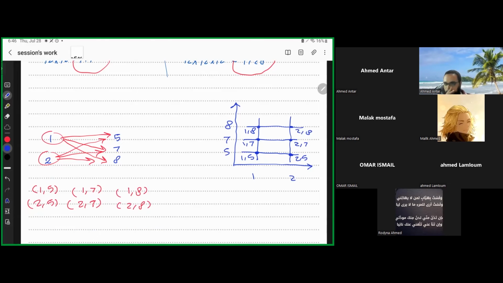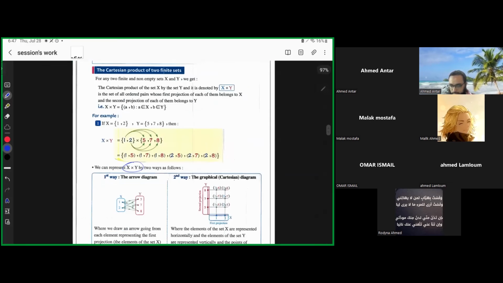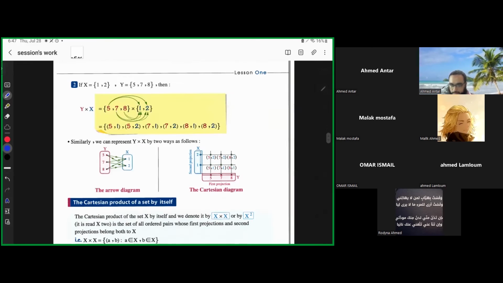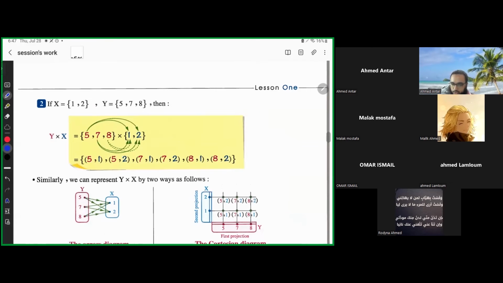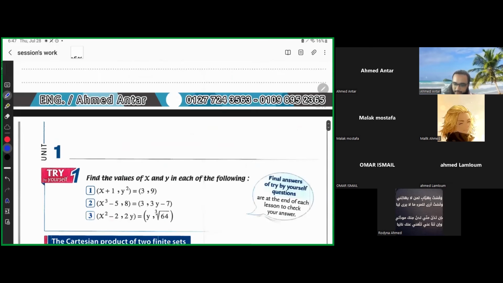حد عنده مشكله في الموضوع ده لحد دلوقتي؟ عندنا question هنا اهو، اللي هنا x 1 and 2, y 5 7 and 8. يقول لي نخلي بالنا ان احنا لو عكسنا وعملنا بدل x times y عملنا y times x، so the ordered pairs will be different. يعني احنا لو غيرنا المساله تختلف. زي ايه؟